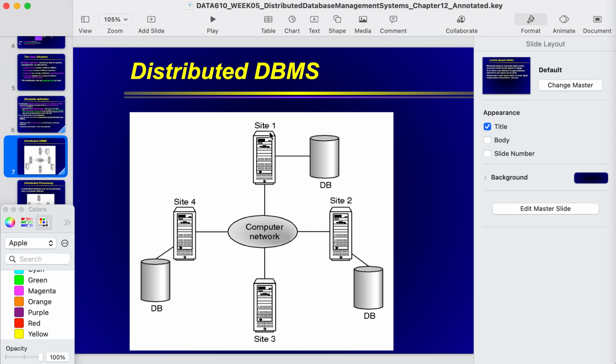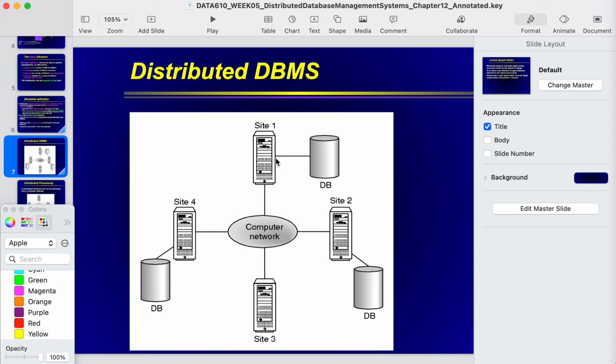So we have site 1, site 2, site 3, site 4. Each of those has a machine and a database stored on it. It has a local database management system. However, as a whole, there is the distributed database management system, kind of like a distributed operating system, that knows where each site is and what data is stored in its local drives, how much free space we have there, what processors are available for running queries and updating the data, and so on. There is a centralized location, like the master node, that has the information about all the participating nodes or sites of this distributed database